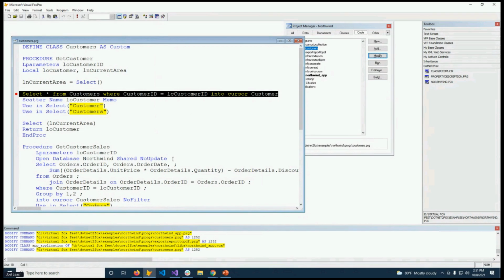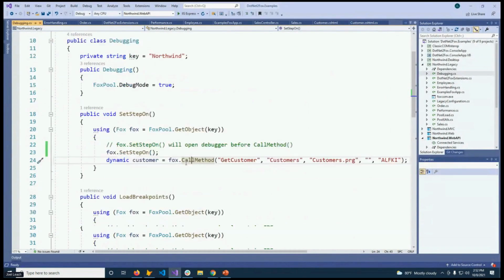Why is that? Well, breakpoints are saved to the FoxPro resource file. That's typically the FoxUser DBF file. But VFP doesn't actually write the breakpoint to that resource file until you close the debugger. So it's a little bit of an annoyance, but you have to do that to get your breakpoints to work. Going back to the .NET code,